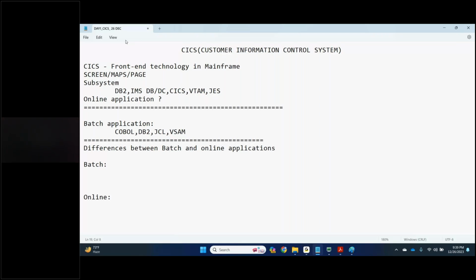In a batch application, there is no end user interaction. In an online application, end user interaction will be there with the application.